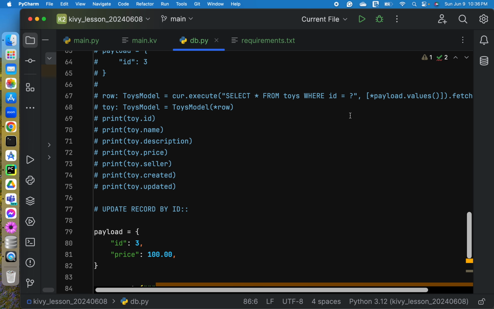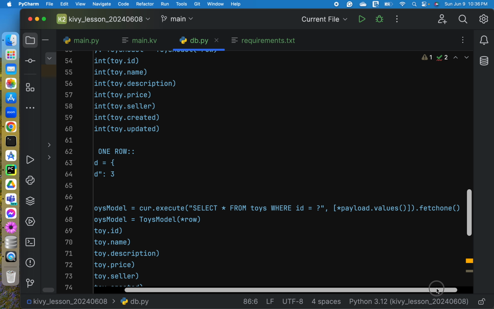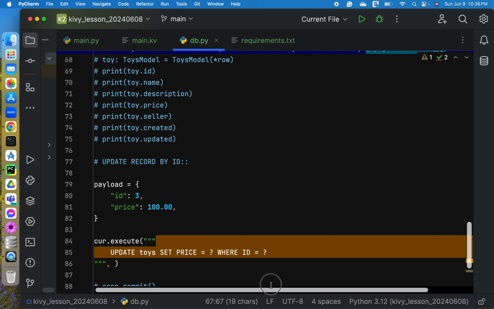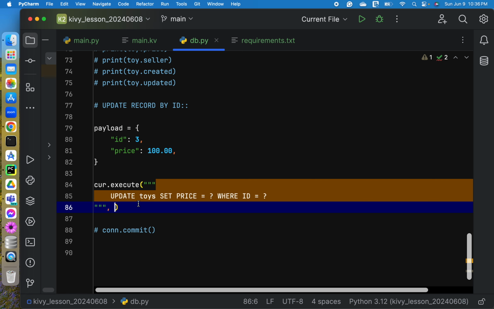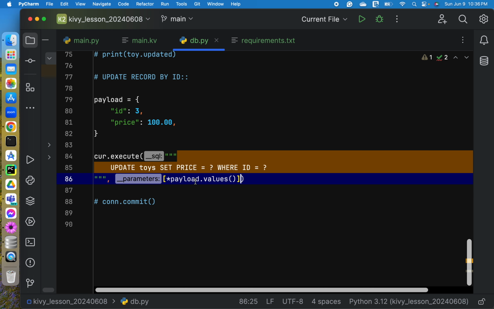Okay, so the same as what we did previously. So let's just copy and reuse the code that we did earlier.